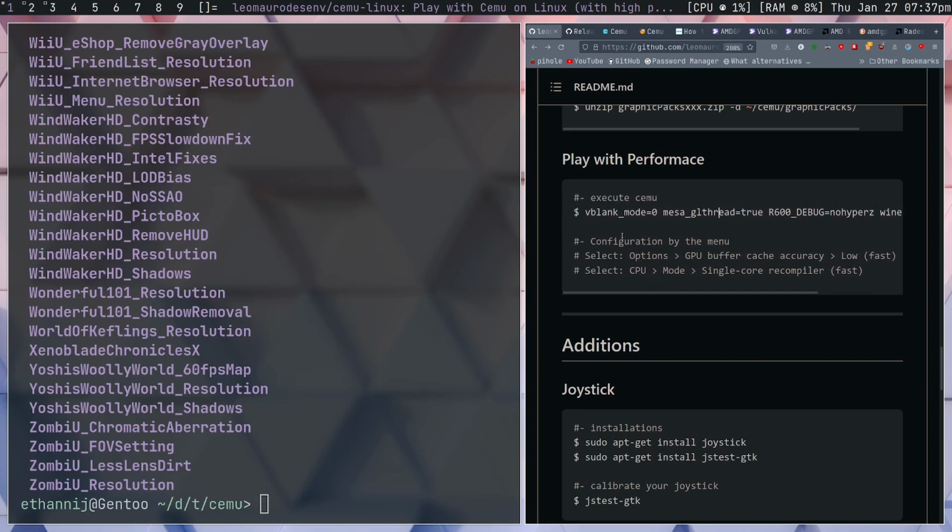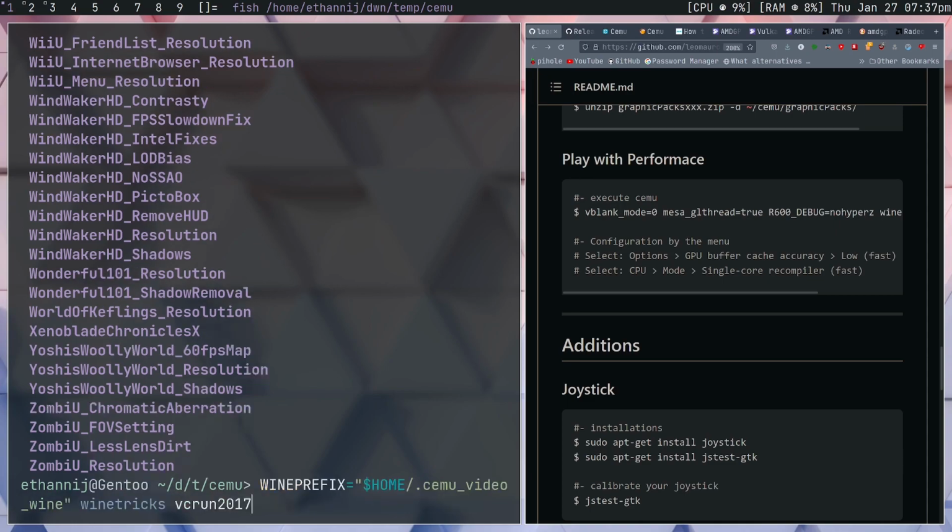And now we're getting onto the part where we actually get to run the program. So by default, it wants us to do a couple things. It wants us to set the VBlank mode, set the Mesa GL thread, R600 debug, and then Wine. We have a little bit more of a complicated job. What we need to do here is we need to do Wine prefix. We have to set it. And then we have to do this whole